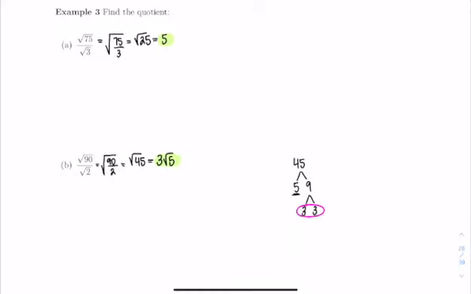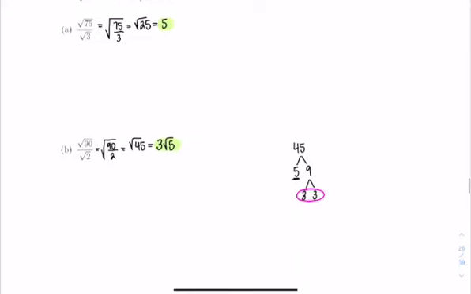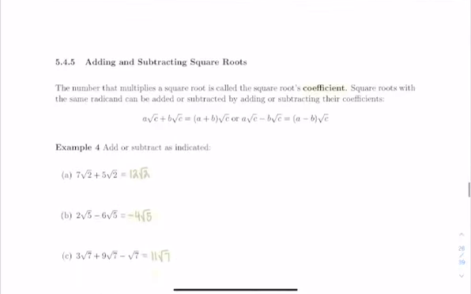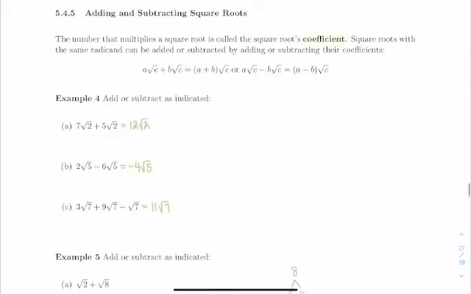Now to add and subtract square roots, the number that multiplies a square root is called the square root's coefficient. Square roots with the same radicand can be added or subtracted by adding or subtracting their coefficients. So that radical needs to have the exact same thing underneath it to be able to add or subtract the